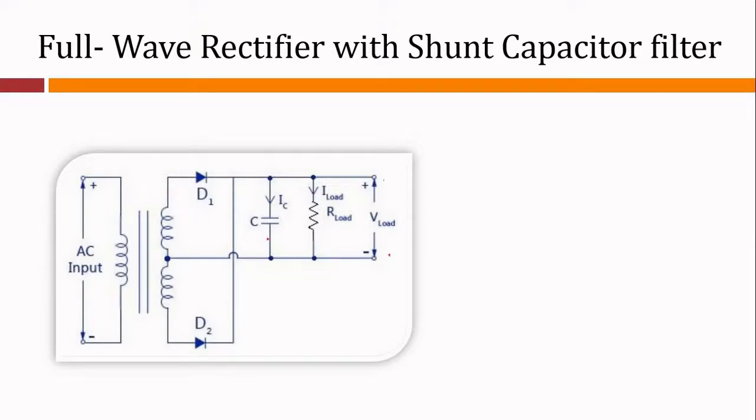Now the function of this capacitor C in this filter may be viewed in terms of impedances. The large value of capacitor C offers a low impedance shunt path to the AC components or the ripples, but it offers a high impedance to the DC component. Thus ripples get bypassed through this capacitor C, and only the DC component flows through the load resistance RL.